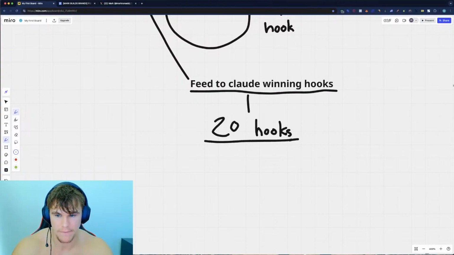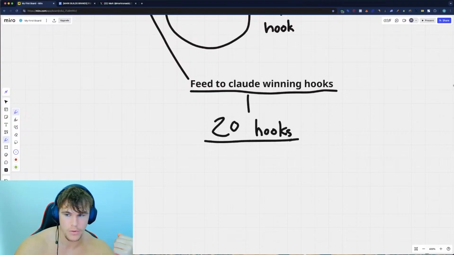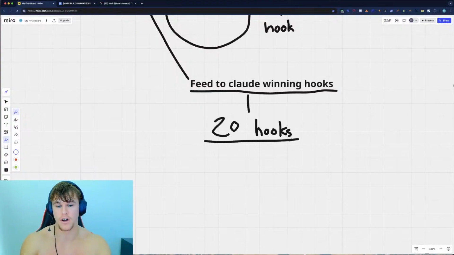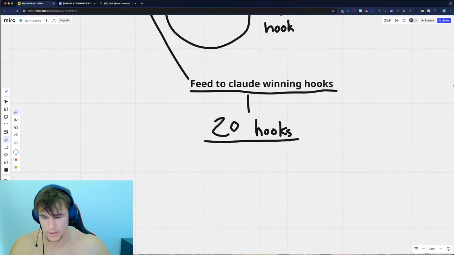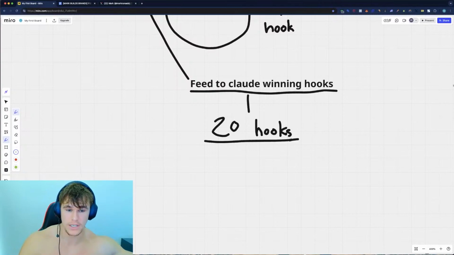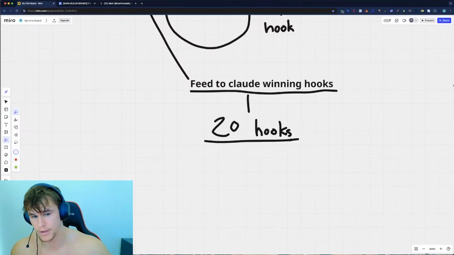You're going to upload that file to the fine tuning model that you're creating. And what it's going to do is create, it's almost like a custom GPT, but it's going to create what's called a fine tuned model that you can then have a conversation with. You're basically loading all of this context into it. And then you're going to give it a simple prompt that's going to say, hey, I want you to score these based off the winning ads. I want you to score these on a scale from 0 to 100, 100 being the most likely that they perform based off the data that I sent you, and 0 being the least likely that they're going to perform based off the data that I sent you.